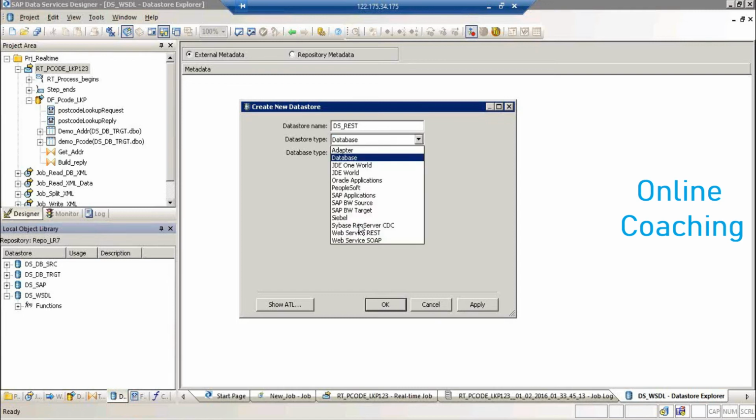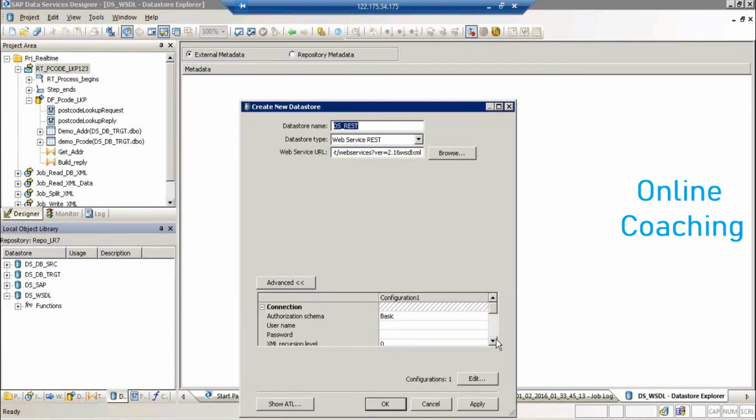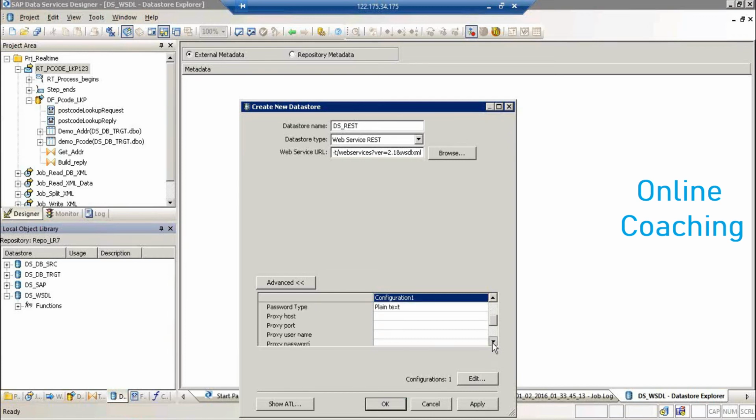This is not working on the system for sure. I tried it in previous batches as well. You can just give the web service, and here if you go to this one, this is where you pass the proxy configurations. If your system is blocked by some proxy, you can give this. Authentication is basic, which means authorization header, or the different types of authorizations. That again depends on the system. Whichever is sending you a web service, the authentication that is set on the system, generally it will be basic. And if you click on apply,